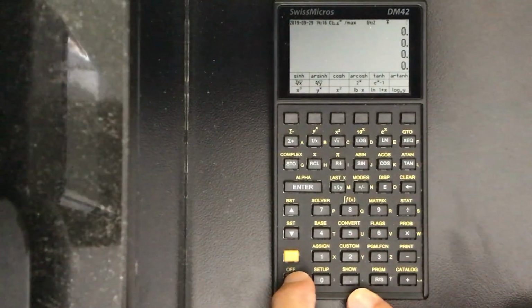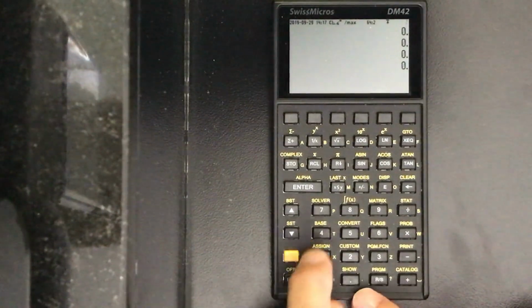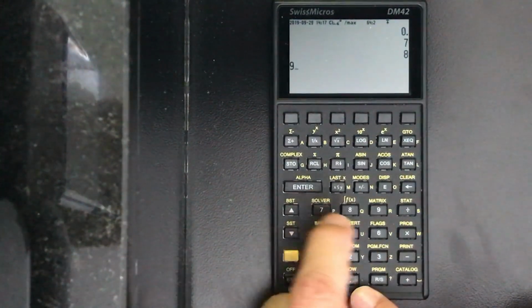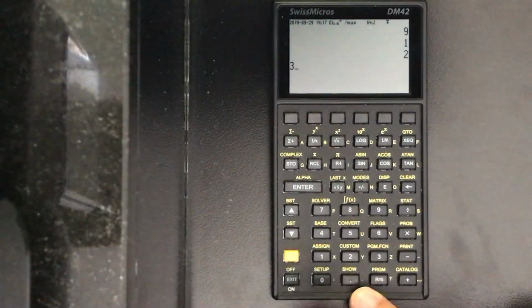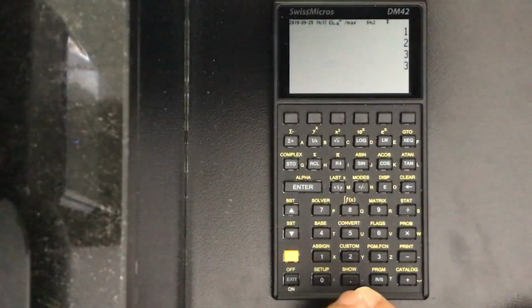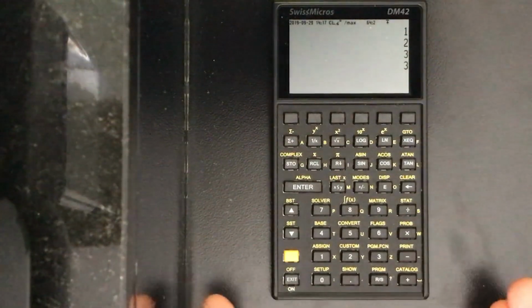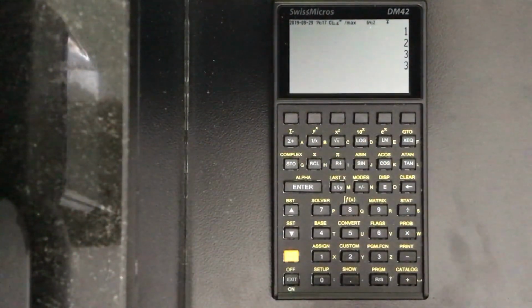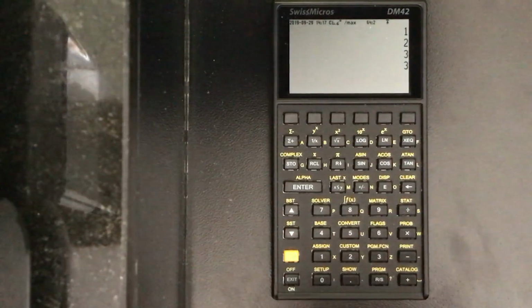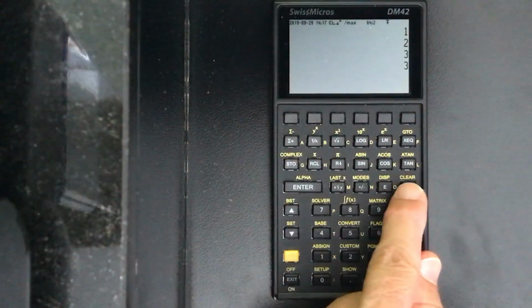What did I leave out? I wanted to show you something. I'll just go out of all the menus. Let's put in there 789. I've also, by the way, made my calculator default to an 8-level stack. To me, without having programming available, and for a calculator that's designed in a way that really pushes direct operation, I see no point in restricting yourself to 4 levels. So mine is per default on 8 levels